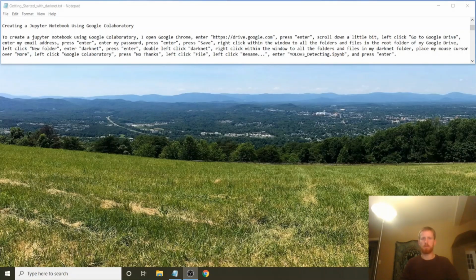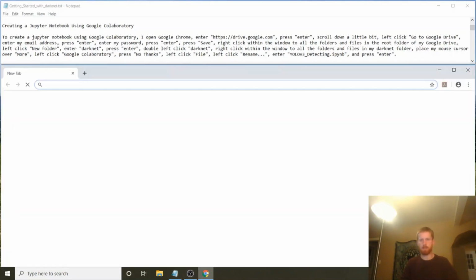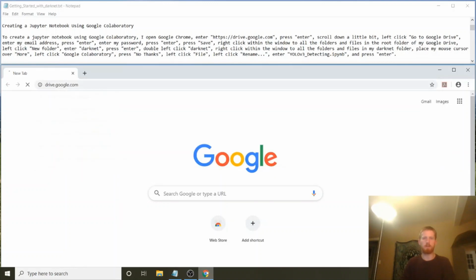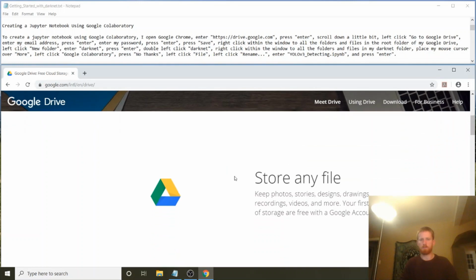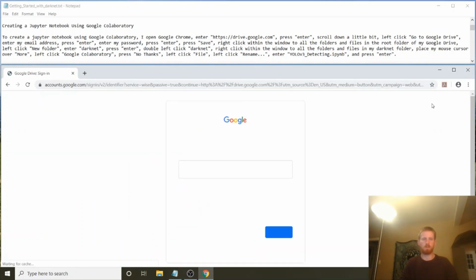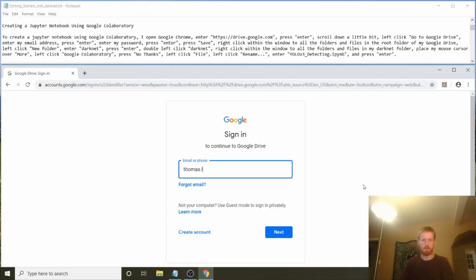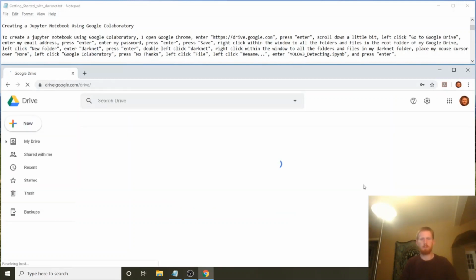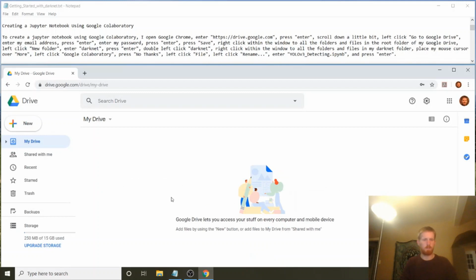To create a Jupyter Notebook using Google Colaboratory, I open Google Chrome, enter https://drive.google.com, press enter, scroll down a little bit, left click, go to Google Drive, enter my email address, press enter, enter my password, press enter, press save,